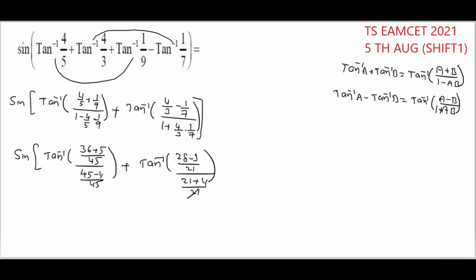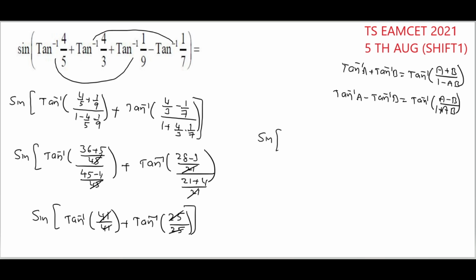Here 21 cancel, LCM 45 cancel, that is equal to sin of tan inverse of 36 plus 5, that is 41 by 45 minus 4, that is 41, plus tan inverse of 28 minus 3, 25 by 21 plus 4, this is 25. This is 25, 41 cancel, that is equal to sin of tan inverse 1